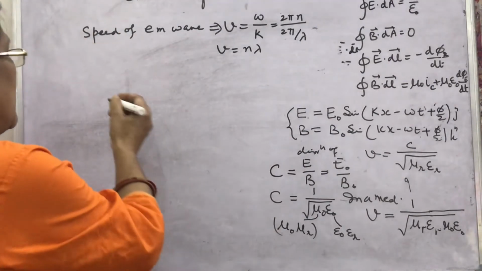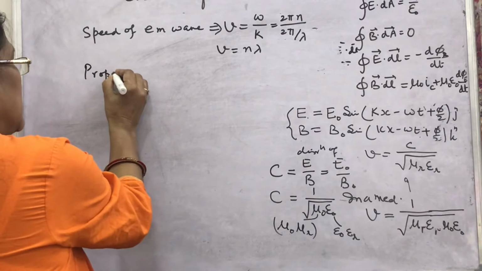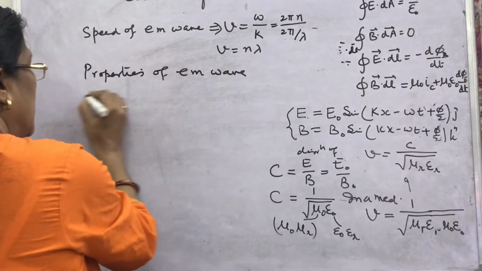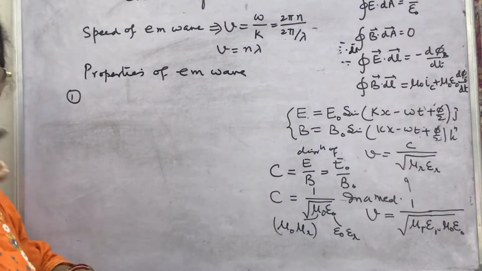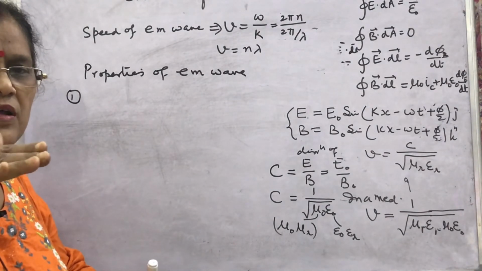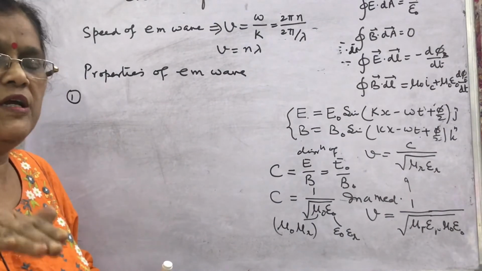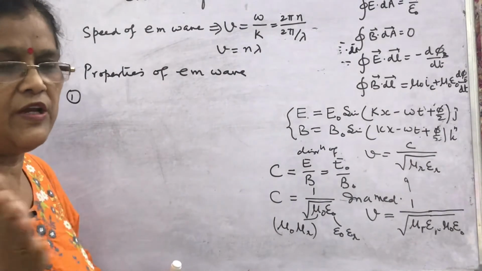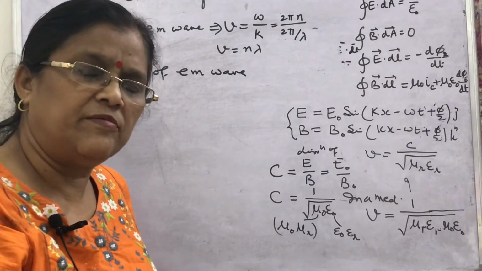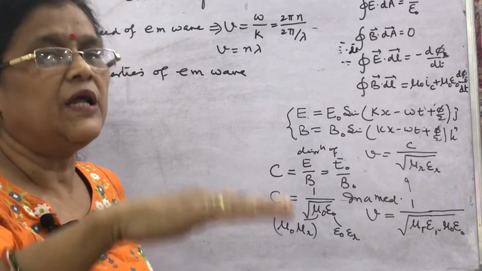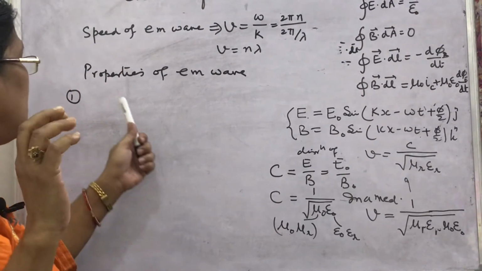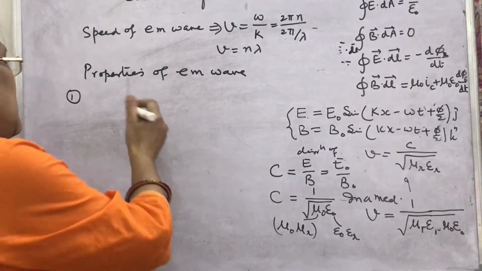So, properties of EM waves. Number one, you know the construction of EM waves: perpendicular E and B fields, and they regenerate themselves. Once an electric field is formed, a changing electric field with respect to space and time produces a magnetic field, then that produces an electric field, and so on. And both are perpendicular, and perpendicular to the direction of propagation also. This is the EM wave. You have read what it is.